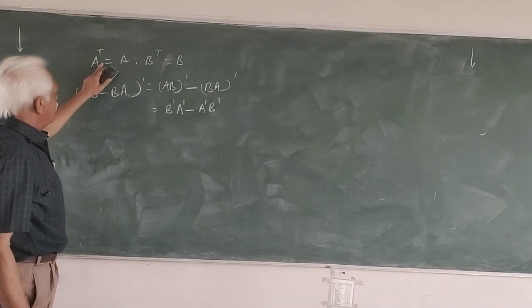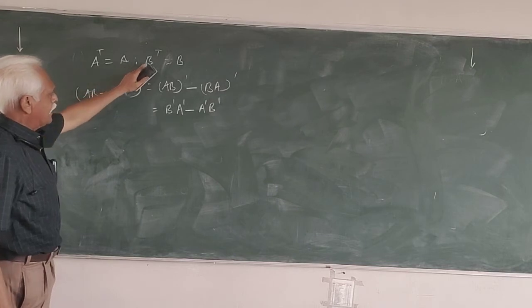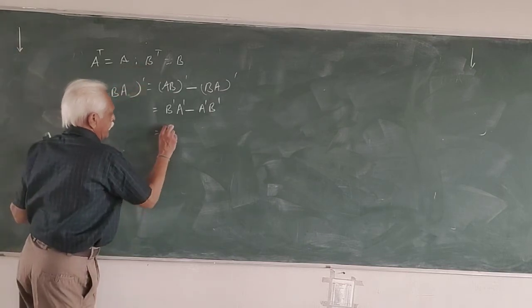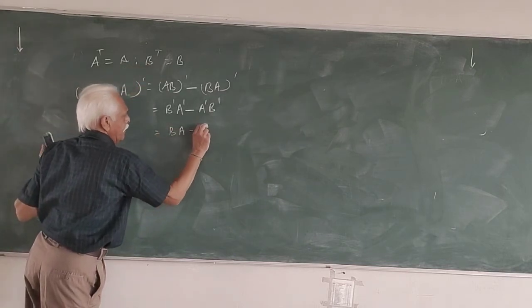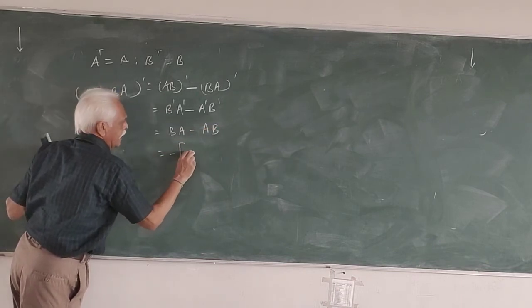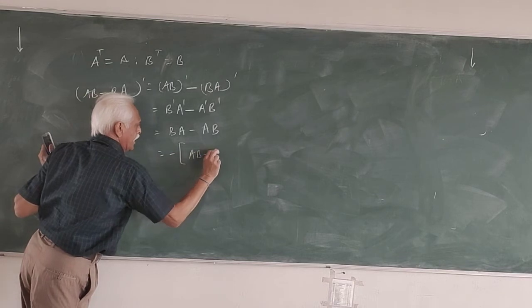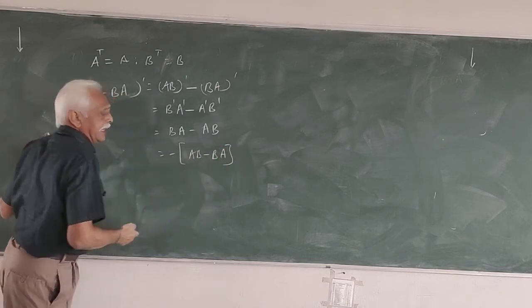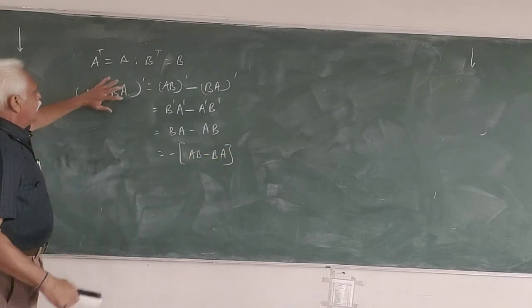A transpose is equal to A, B transpose is equal to B, means you are getting BA minus A. If you take out minus common, you are getting AB minus. Very importantly,